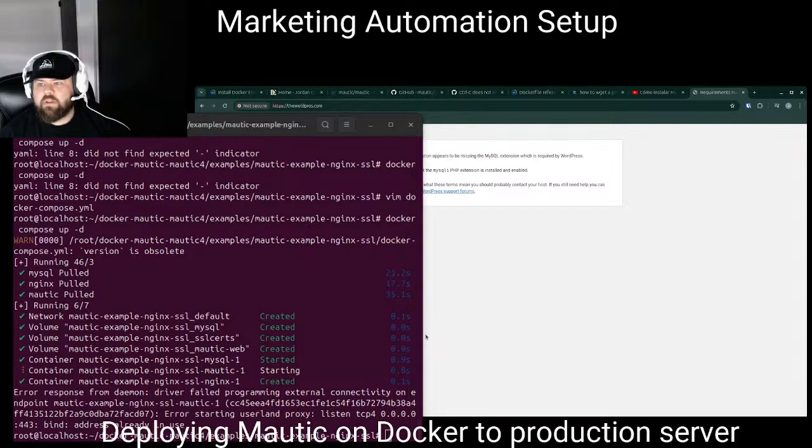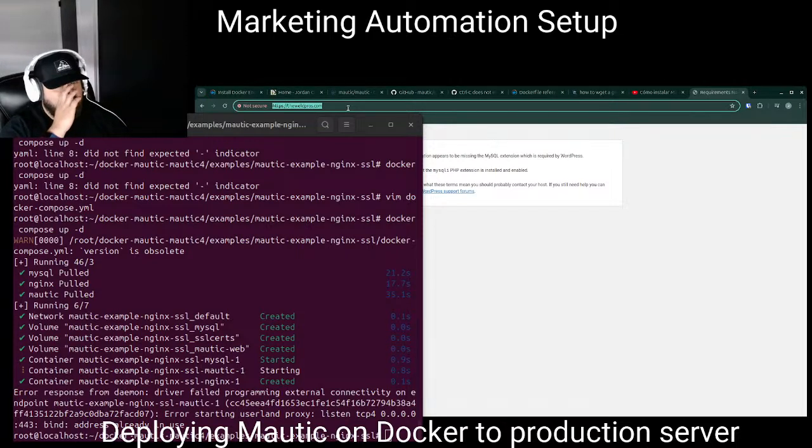Interesting. Yeah, that wasn't there before. Let's do